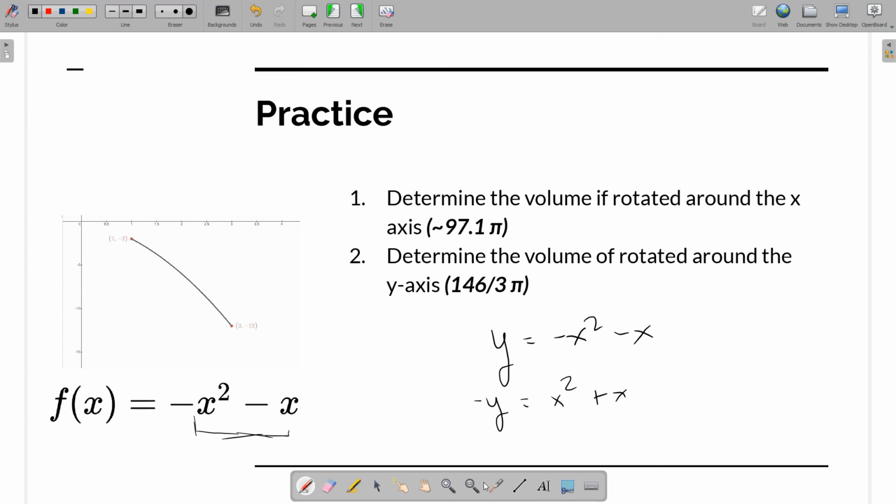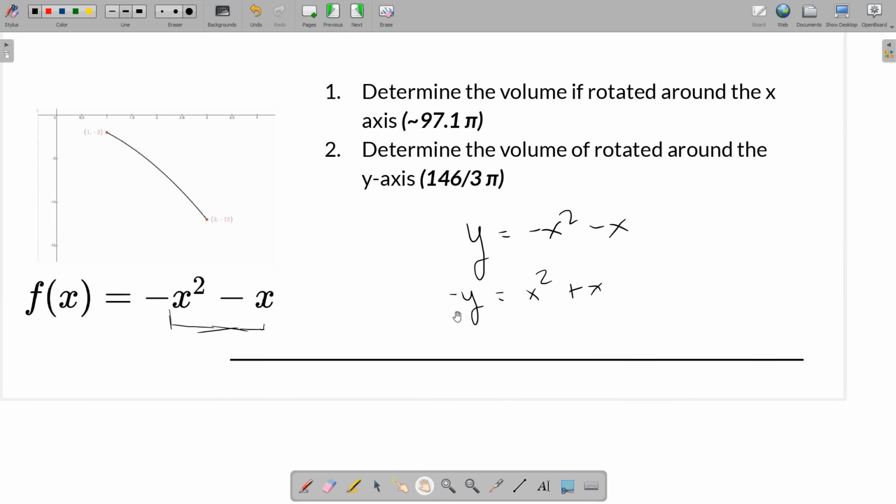And so in order for me to get a perfect square here, I have to ask myself, okay, what constant do I add in, so I can just do x plus something all squared? I'm going to halve my coefficient and then square it. So half of 1, because I've got 1x here, is 0.5. 0.5 squared is 0.25. So now I have this lovely perfect square trinomial,